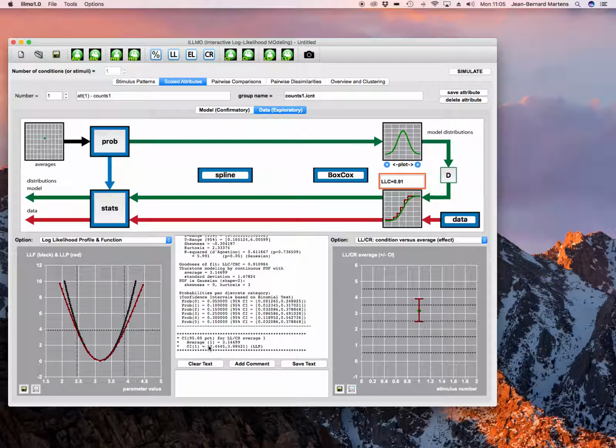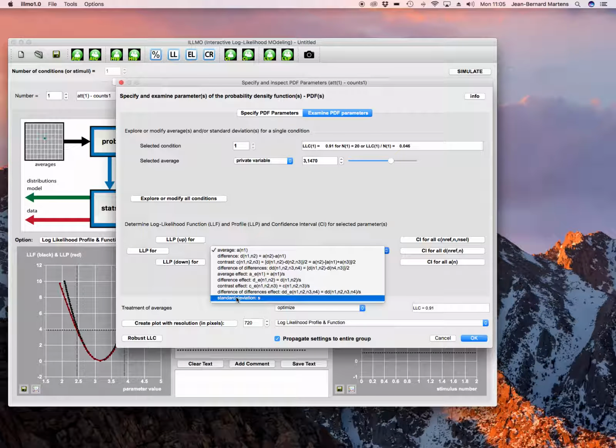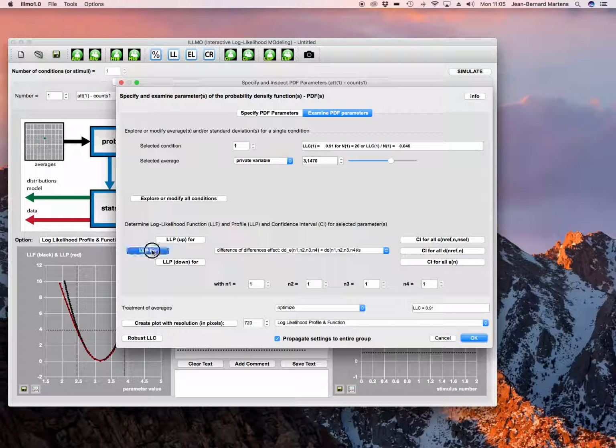Now, there's a number of advantages. This result works under the assumption that the data is actually discrete and not continuous, as was the case for the original statistics. But another advantage is that it's not restricted to creating confidence intervals only for averages, but for any parameter. So you can also create the log likelihood profile